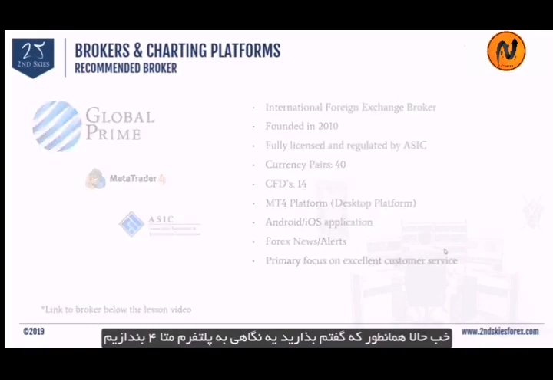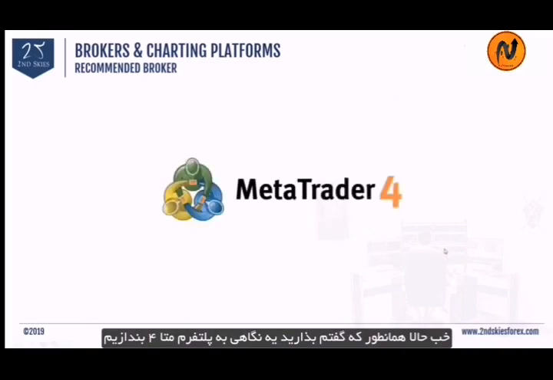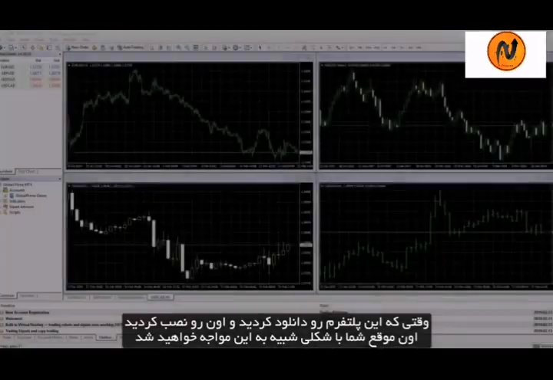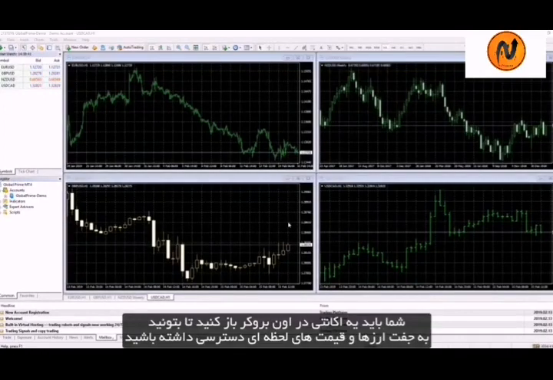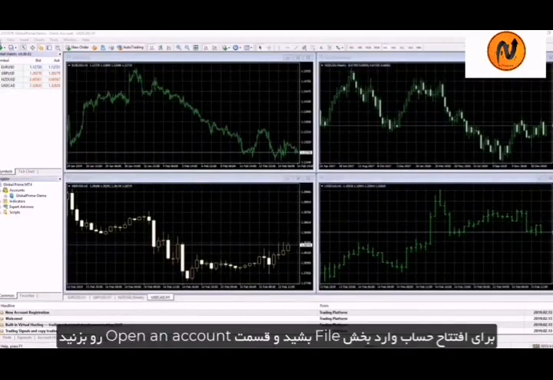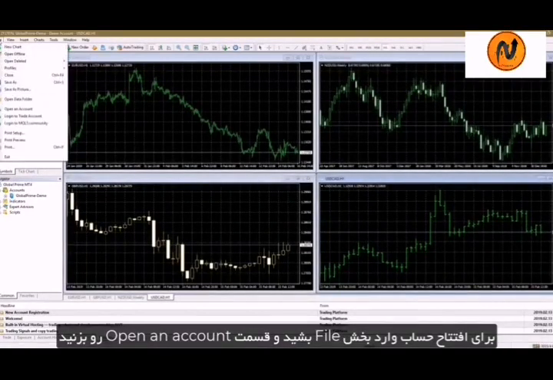Now, as already promised, let's have a look at the trading platform Metatrader. Once you've downloaded the MT4 platform and you open it up for the first time, it will look like what I have on my screen right now. You want to start by creating an account with the broker so you get access to the instruments and to the live feeds, the price feeds. And you do this by clicking in the top left corner where it says File. You click on